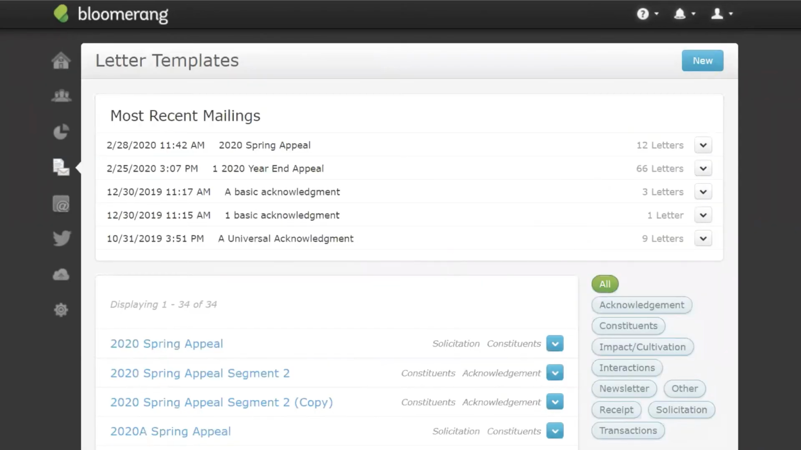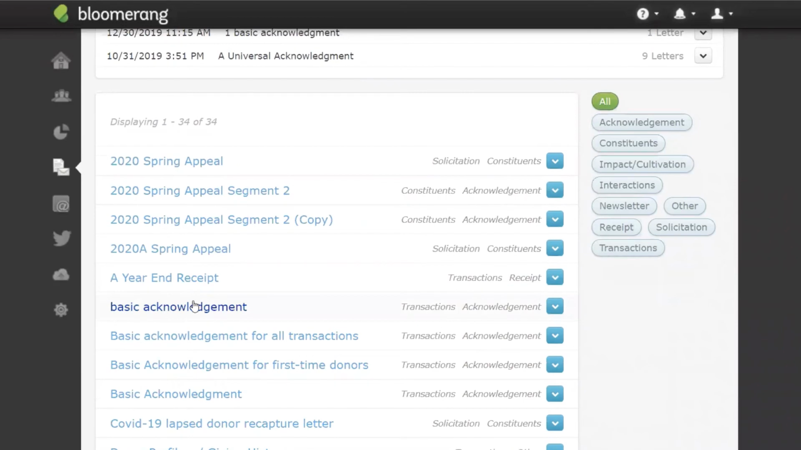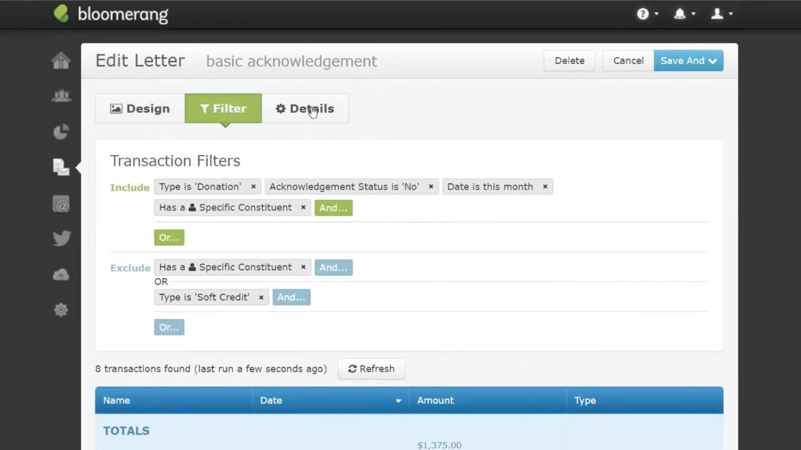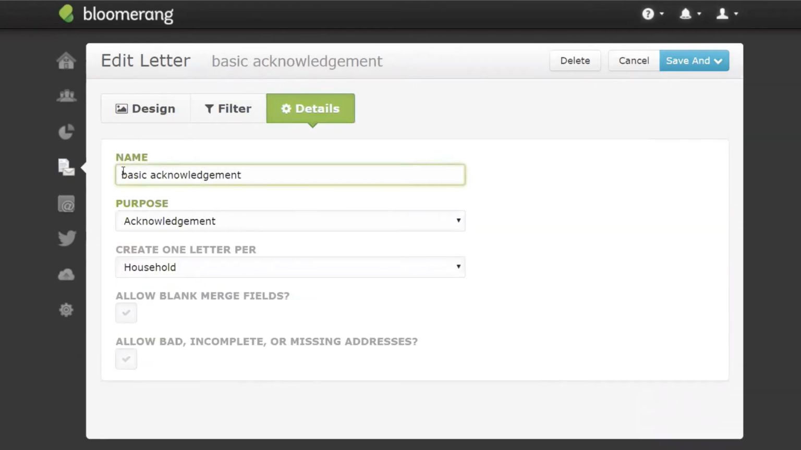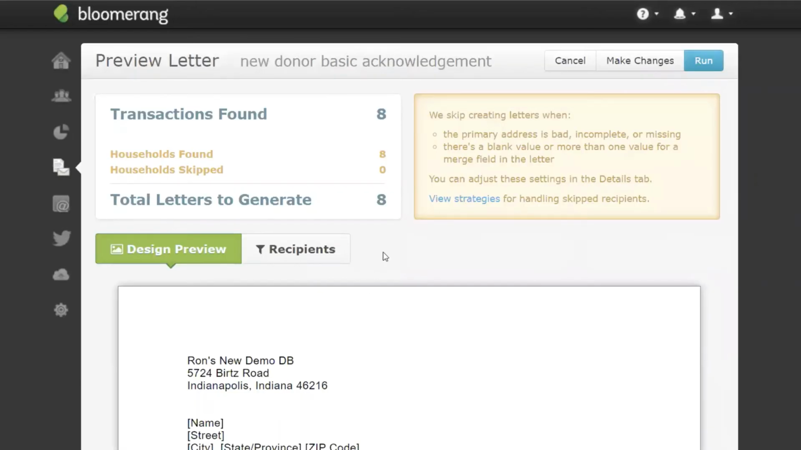This would generate this letter, and so when you get around to doing your thank you letters, once a week, twice a week, however often you're doing it, do your new donor letter first, and that's going to flip all of those gifts. Should have renamed it there. Let's go to details and rename this. If I went ahead and sent this letter now, it's going to tell me this found 8 letters. If I go ahead and run it,